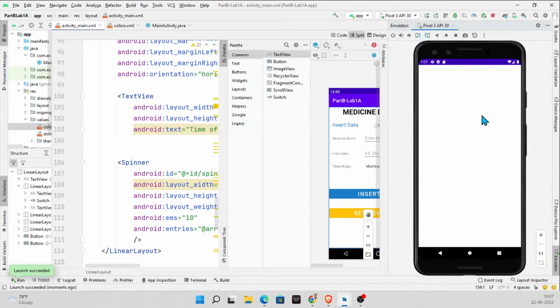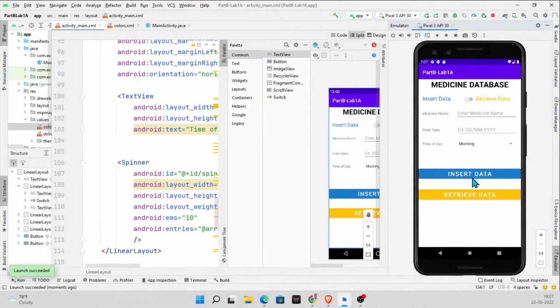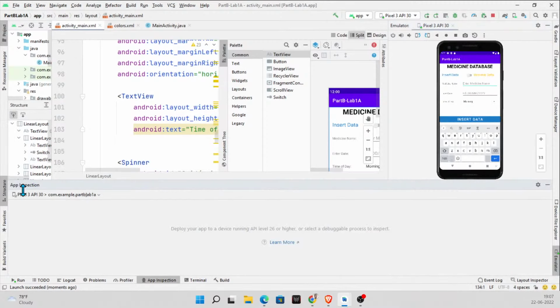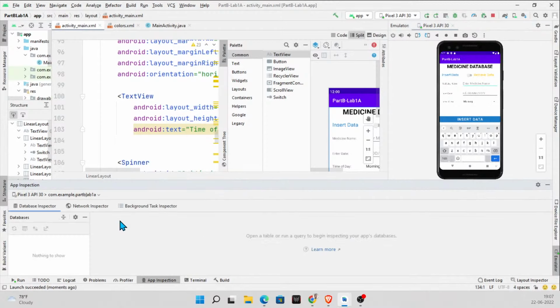Now, if you see, this is what we had in the initial case, right? So even if we try typing something now, and let's go to the App Inspection tab. So here, there is no database created, nothing at all, right? Watch here, nothing to show, right? Fine. Just in case you didn't see this, if you click on the App Inspector tab, you might not get,